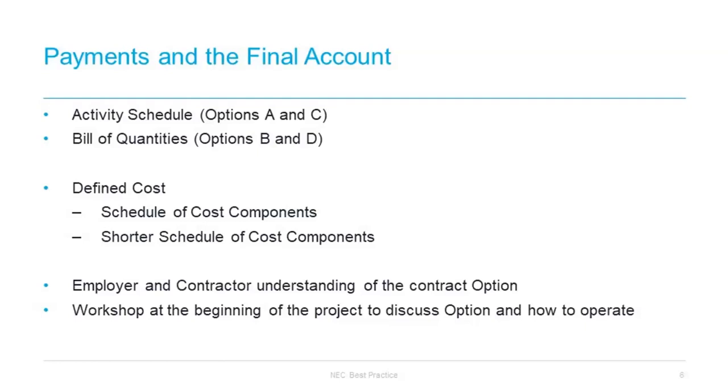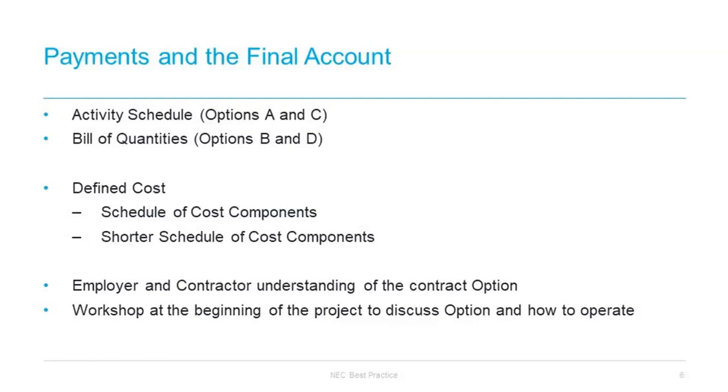In all the options, the Contract Data Part 2 section of the contract requires information to be added at the start of the project on percentage of people overheads, published lists of equipment, rates for equipment, design rates, design overheads, etc. It is therefore important that the data for the shorter and the main schedule of cost components in Contract Data Part 2 is considered and completed accurately, as it forms the basis of financial compensation for compensation events.